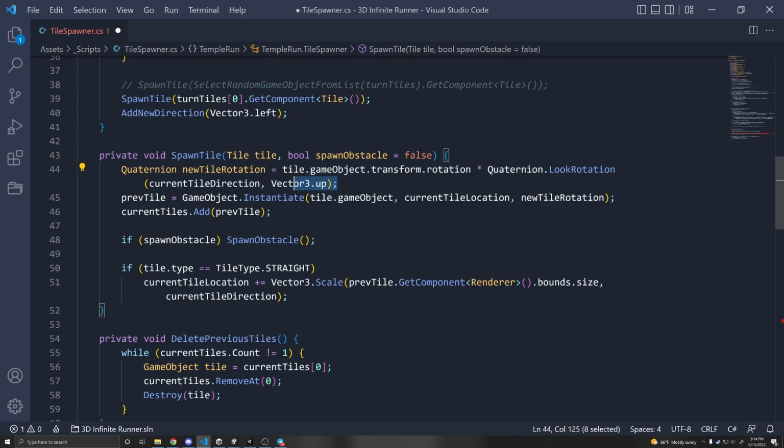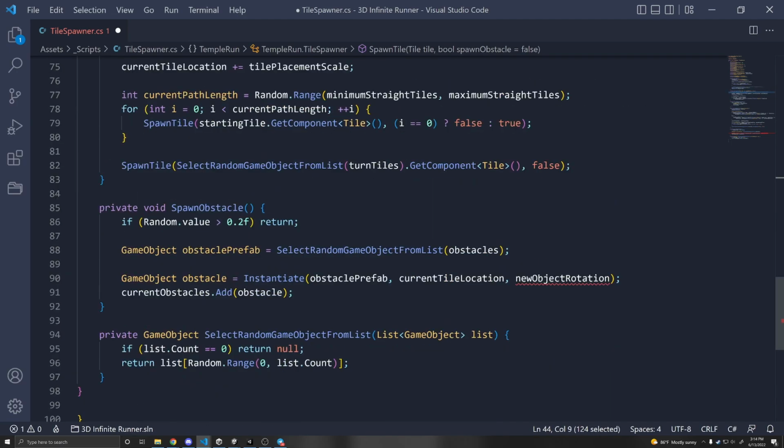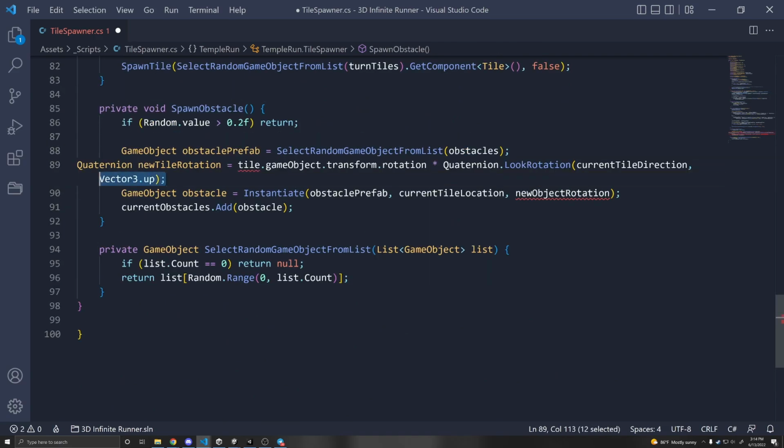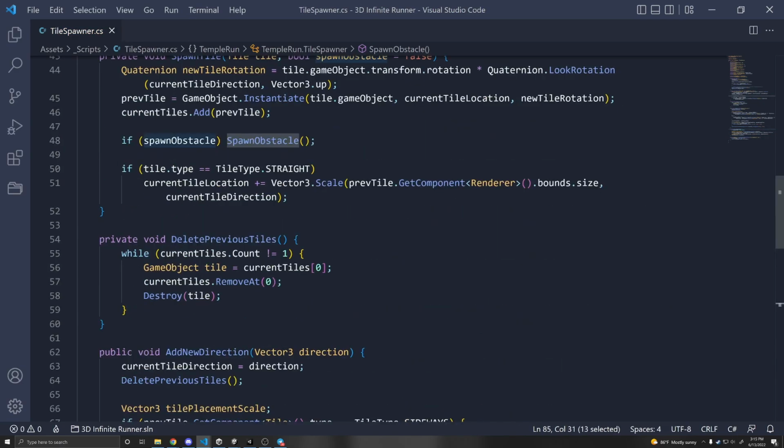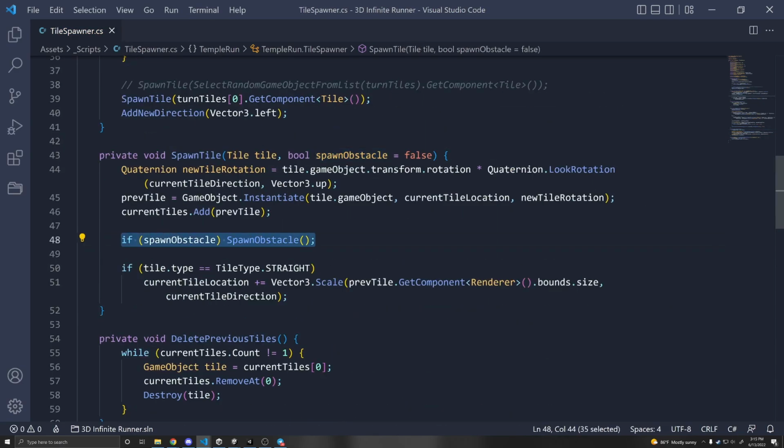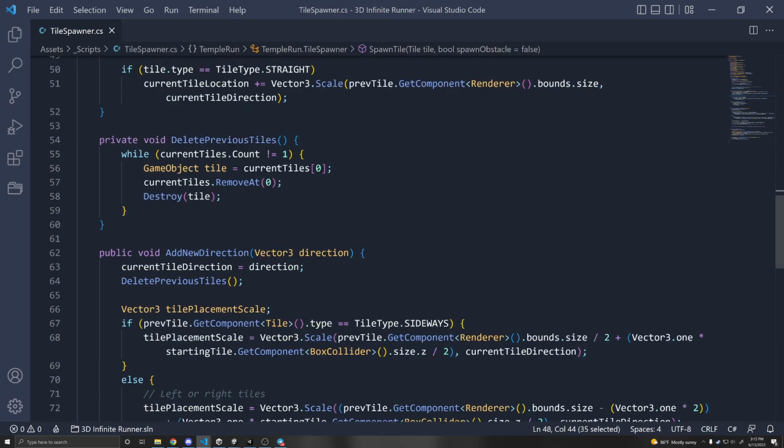And this is just exactly the same function that we're going to use. So you can just copy that and we can just scroll down, paste that there. But instead of tile, we can do obstacle prefab. And instead of new tile rotation, we can do new object rotation. Alrighty, so we are calling this function from this spawn tile function, and we also want to make sure to